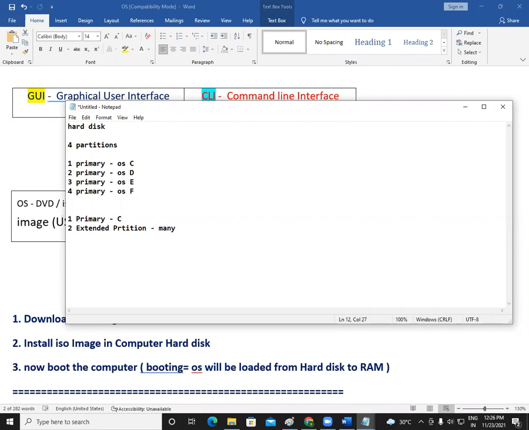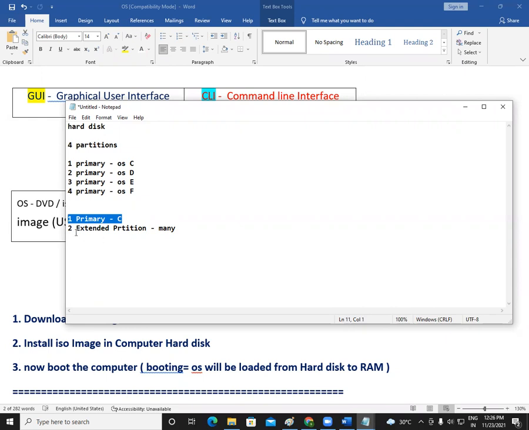Extended partitions, we can make many. Extended partitions are used to save data, to save our files and folders. That is the use of an extended partition. So if there is only one operating system available in your machine, that means there is only one primary partition available.